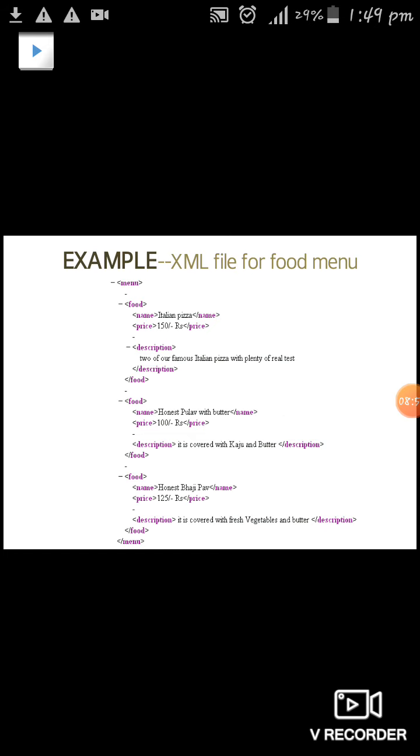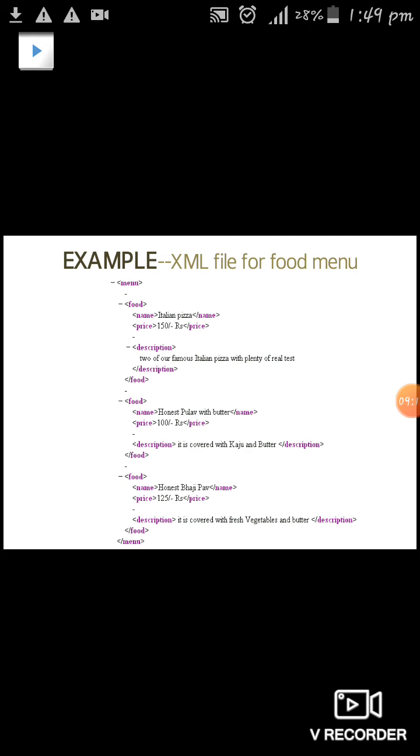So this is an example of an XML document to maintain a food menu. By using HTML tags, we can design the language, whereas by using an XML document, we can store the data in the document. First we have a main tag called menu.